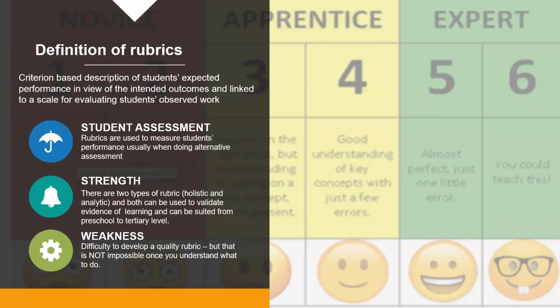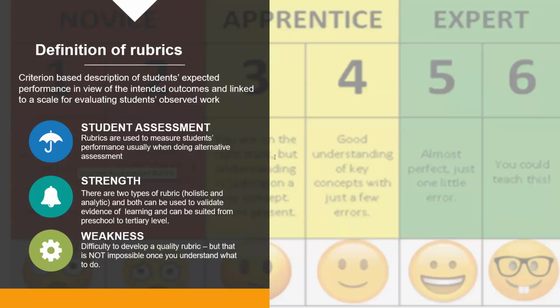In terms of its strength, there are various types of rubric that you can use, either holistically or analytically, and both can be used to validate evidence of learning. And it can be suited from even preschool to tertiary level. Of course, the background that I'm showing, with all these smiley faces, is suitable for young children.